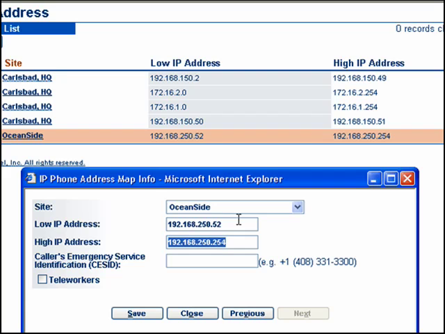The second reason that I might want to do that is you see this little checkbox here called teleworker. If this person were in fact working at home, and obviously this might be a single IP address rather than a range, but I might have a group of home agents and a VPN range that would be reflected here. The reason I would use one IP address to denote a home user is that I want the phone number associated with that home user